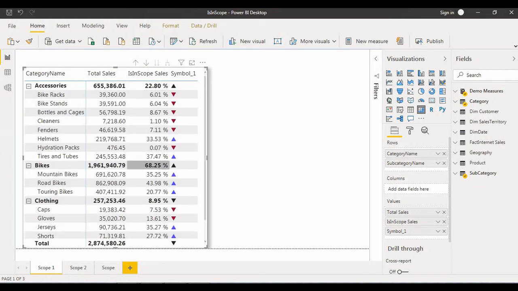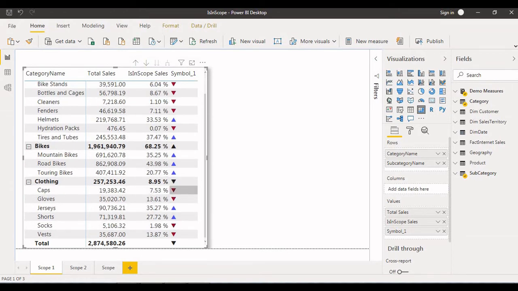So under category, how much percent of sales for each subcategory? Okay, 6%. So this one is 6%, this one is 8%. But only helmets are doing well, that is the reason we got 32%. And also we can see that the symbol is upside and the color also changes. But the remaining subcategories have the red color and downside symbols, because these subcategories under this category are not doing well. So that is the reason we got a very low percentage. Now you can see,